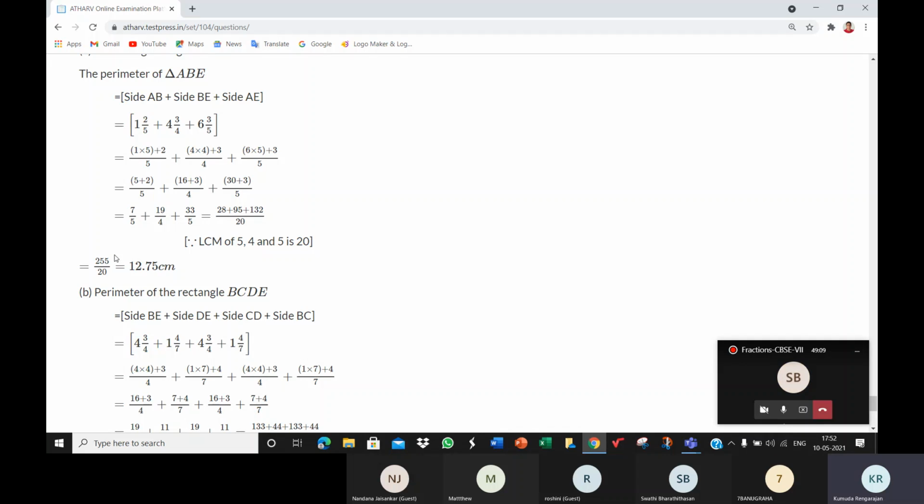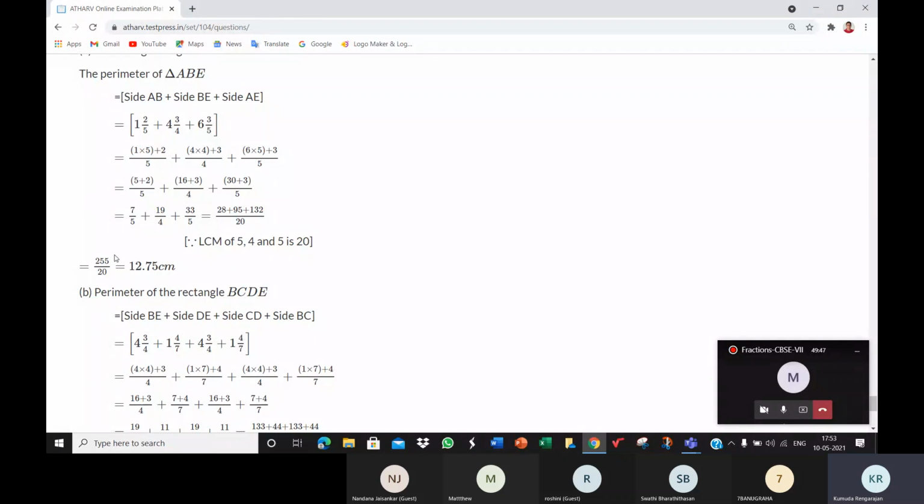255 divided by 20. Do they come in the tables of 2, both of them? No, ma'am. In the tables of 3? See, 20 does not come. That itself is enough. 20 doesn't come in the tables of 3, so no. But both of them are in the tables of 5. Yes, tell me. 51 by 4, ma'am. Yeah, 51 by 4. Correct. Good.